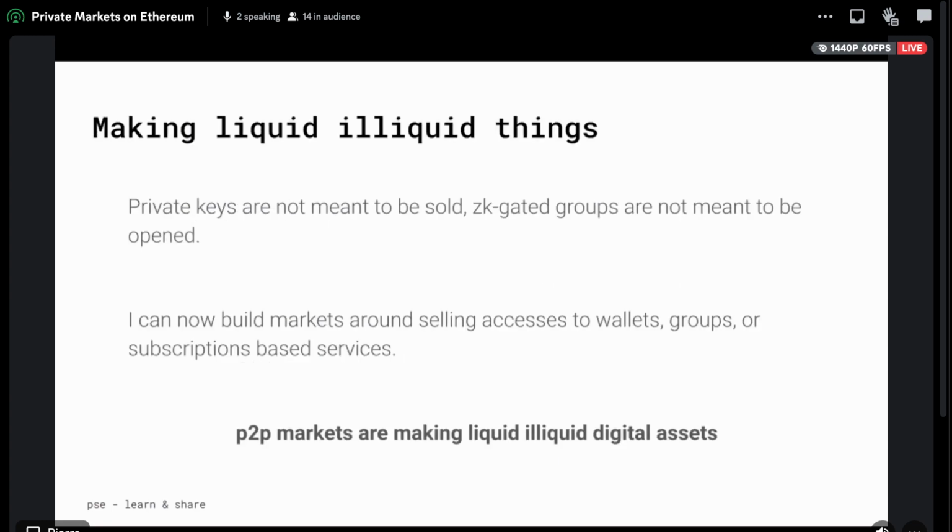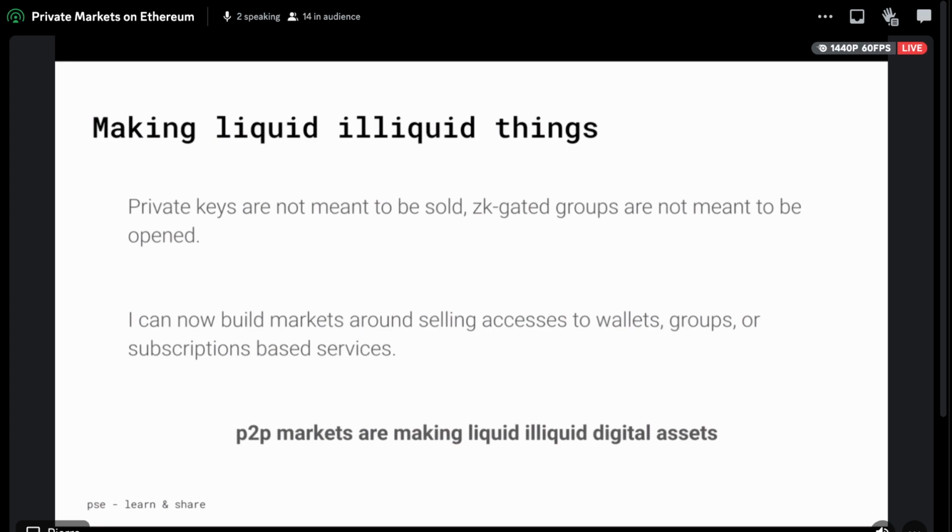A second interesting idea, I think, is that these constructions make liquid illiquid things. So private keys are actually not meant to be sold. ZK-gated groups are not meant to be opened. And if you can now build markets around those, well, this means that those peer-to-peer markets are making liquid illiquid digital assets. And so that's very interesting because I'm not sure that we have fully explored what the implications